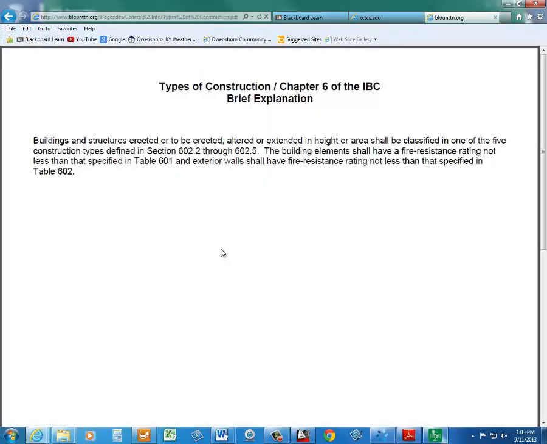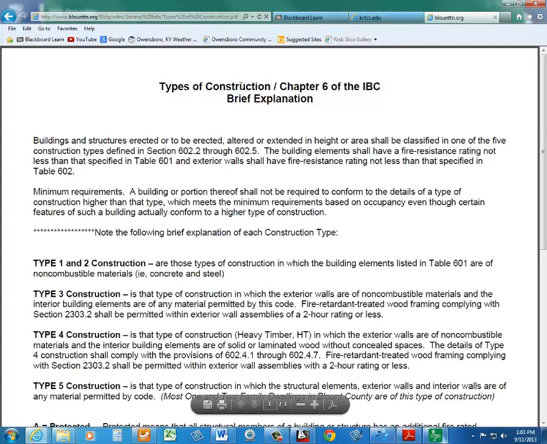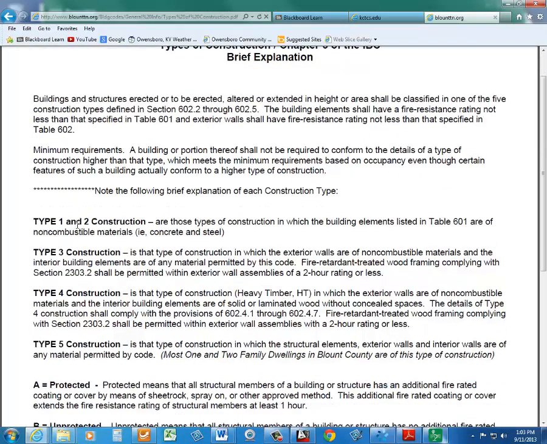Let's see what we got here. I'll just take the first thing. It's some kind of organization. Types of construction, chapter 6, brief explanation. Type 1 and 2. Types of construction in which the building elements listed in table 601 are non-combustible, concrete and steel. So, now this has a window in it, but if you have a room that's built out of concrete, it's a type 1,